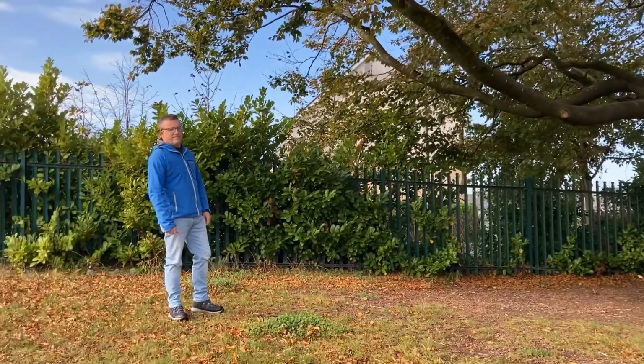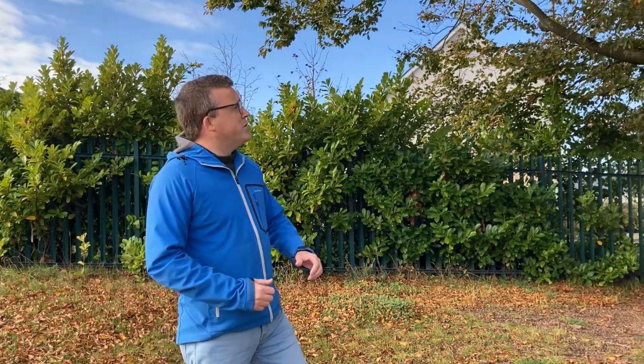What do you think of it, Owen? It's a great tree. It's not a typical beech tree. Beech trees tend to be kind of straight up, and this is a bit curved and a bit all over the place, which is great, which means it's different and it's iconic and